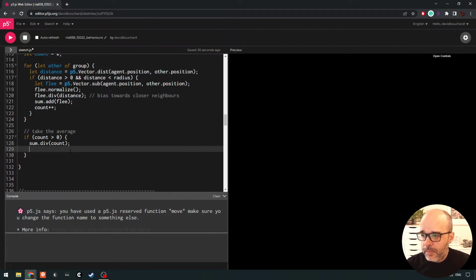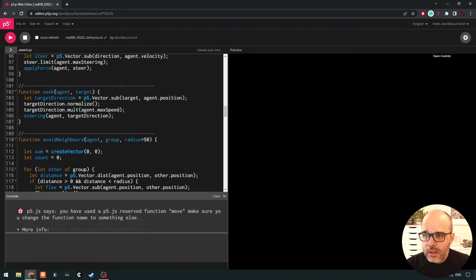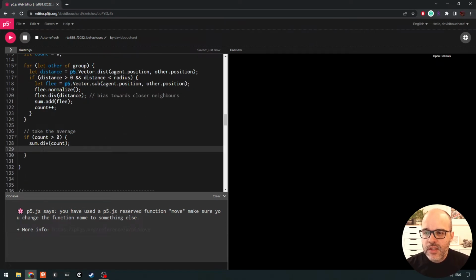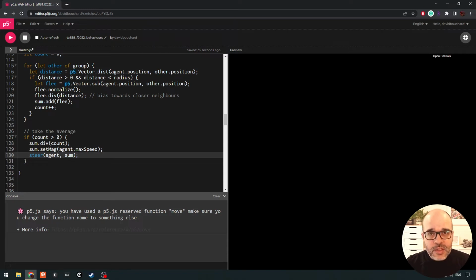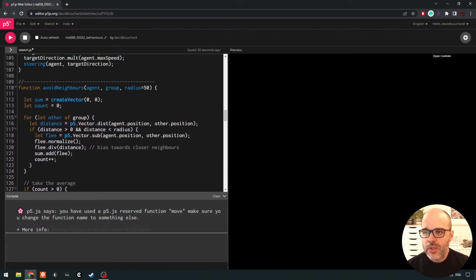And then once we've determined this, we're going to do something similar to the seek behavior. Instead of multiplying it, we're going to set the magnitude, because these vectors here, we've divided them and so forth. Set mag just means we're going to set the length to a particular length here. So we're going to set the magnitude to be our agent's max speed. Okay. And then we're going to steer our agent towards that sum vector. The sum vector being, all things considered, the vector that's going to take us away from the most neighbors, with the ones being closer having a bigger influence. Okay. So that becomes our avoid neighbors